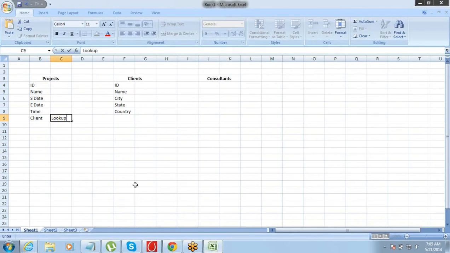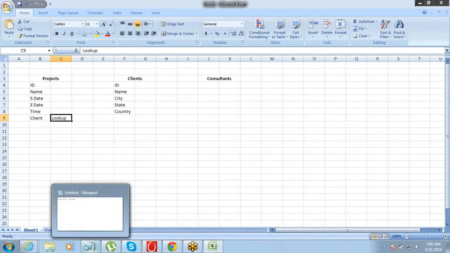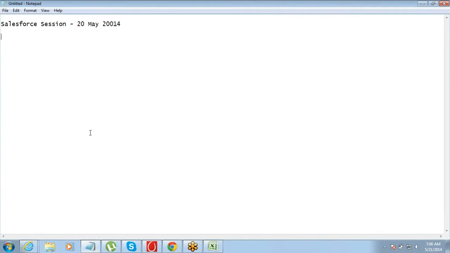A similar kind of a setup we need here on the project, so that we can connect every project to a corresponding client to understand which record is connected to which record, which project has come from which client, right? So that is what we need to set up here.